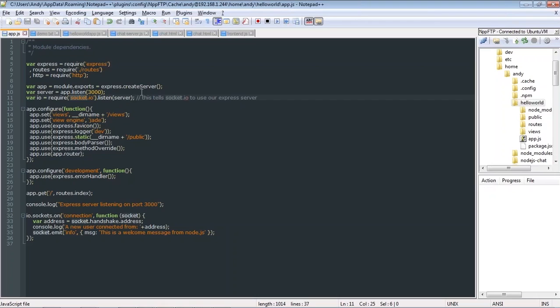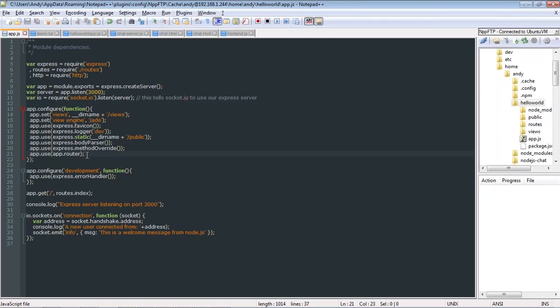I'm listening on port 3000, and I've created a server, and I've basically configured my application where I'm saying my view engine is Jade. Please use the views folder to pick up my views. My static content can be fetched from my public folder, and then a couple of other router and other functionality done using Jade,